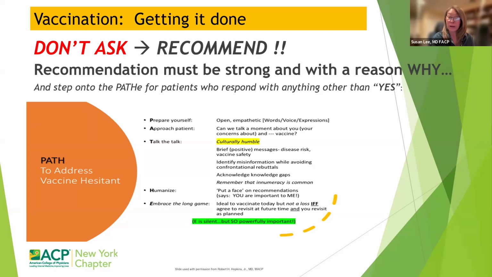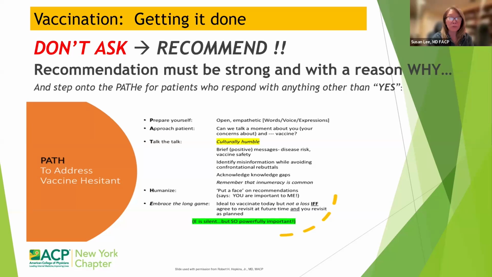But to prepare yourself to be open and empathetic, approach the patient. Can we talk about your concerns about the vaccine? And really talk the talk, be culturally humble, try and understand where they're coming from, what their beliefs are, what their fears are, humanize it, really put a face on the recommendation. I know for me, I humanize it when I say people should get the Shingrix vaccine. I describe